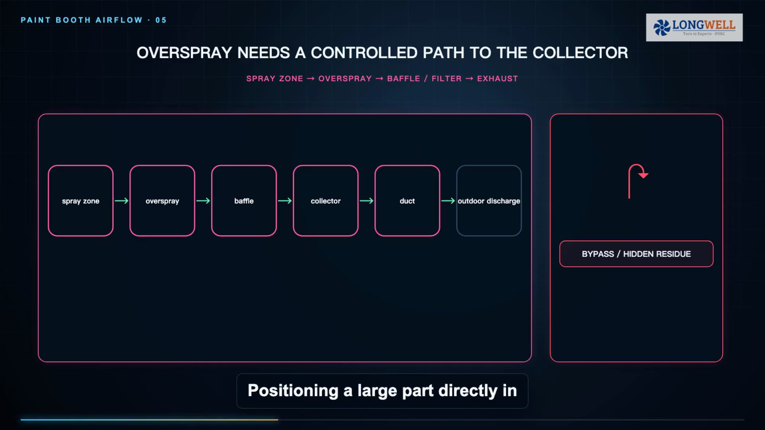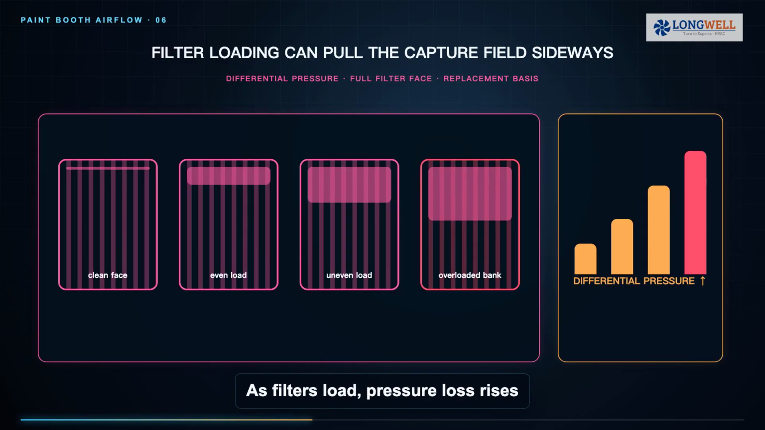Positioning a large part directly in front of the exhaust can obstruct collection. Baffles and collectors must match the process, remain accessible for cleaning and avoid creating hidden residue pockets. As filters load, pressure loss rises and airflow distribution can change. One overloaded bank can pull the capture field sideways even while the fan remains on. Track differential pressure or the required airflow indication, inspect the whole filter face and define replacement from the applicable booth